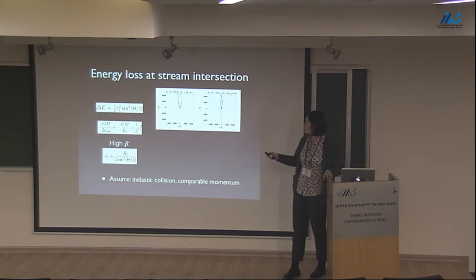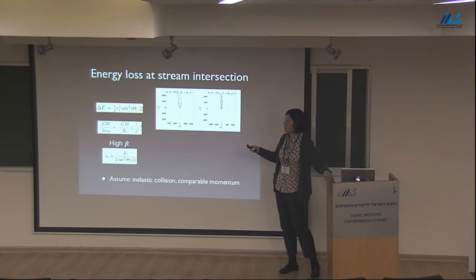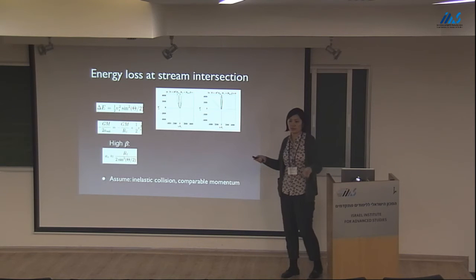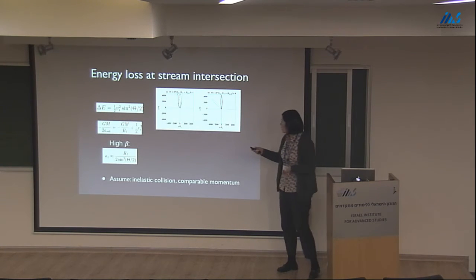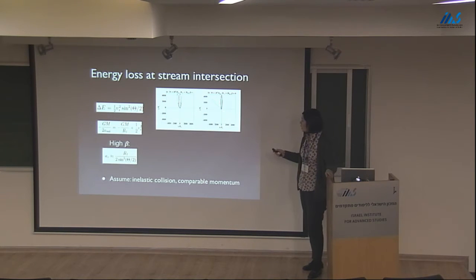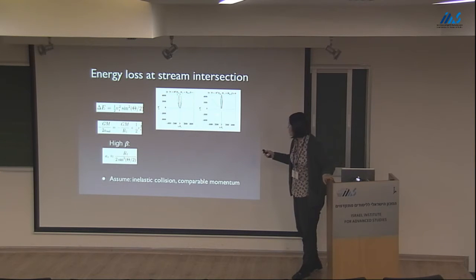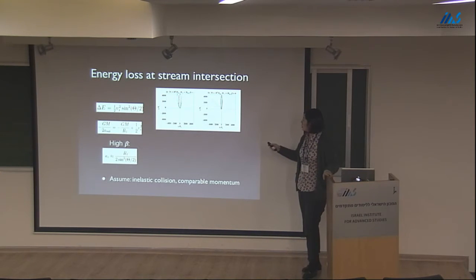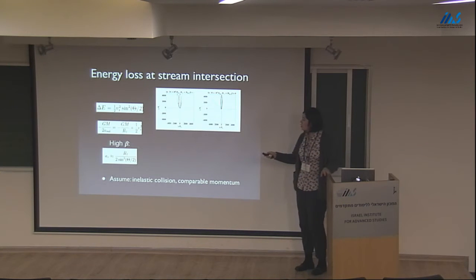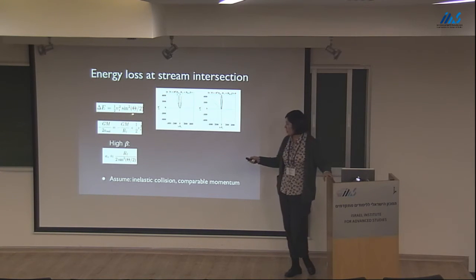As you have seen from the simulations, in reality there will be lots of more complicated things going on. There will be mixing of materials, deflection of the tidal stream, shocks generated, and redistribution of angular momentum. And also for these high beta encounters, as for example you have seen in Clement's simulations, the tidal streams could go through each other several times until they finally settle onto one stream. So my interpretation of this energy loss is